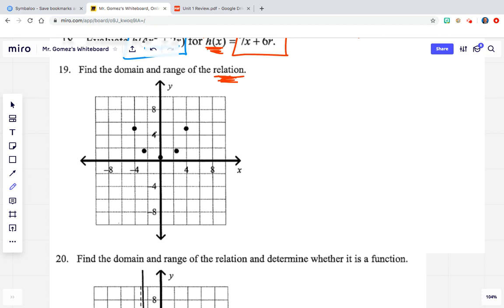and range. Because this is discrete, nothing's connected whatsoever, they're all separated points and just points. We're going to list them as the following. The domain will be a set, and the range will be a set. Remember, the domain is just the x value. So we're talking about -4,